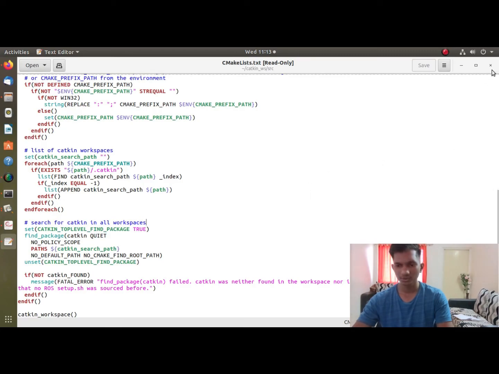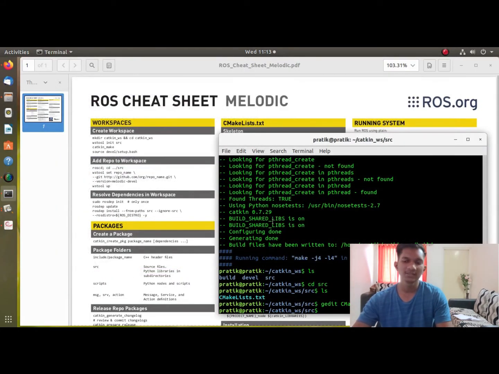I'll just close it. Now here we have created our own ROS workspace and it contains all the files. Here is our catkin workspace, and it contains three folders. First is build, which contains support files.